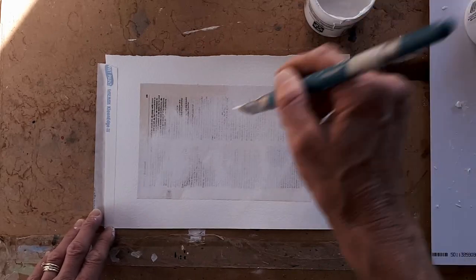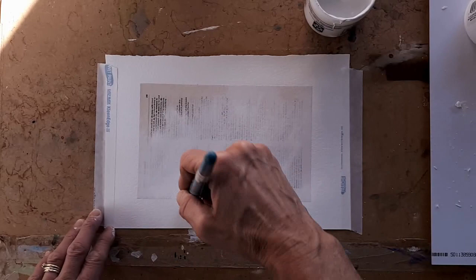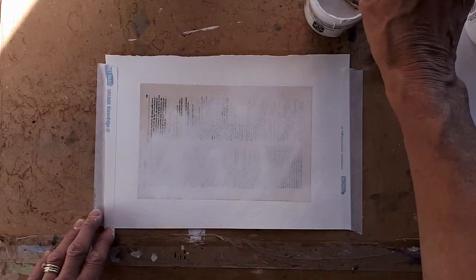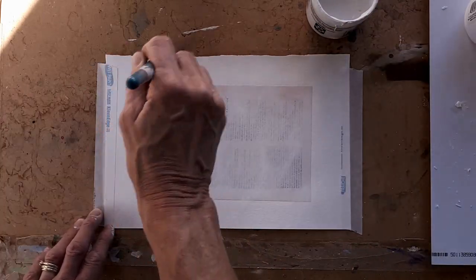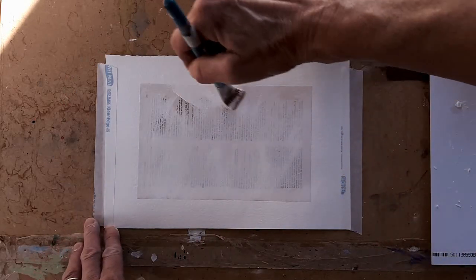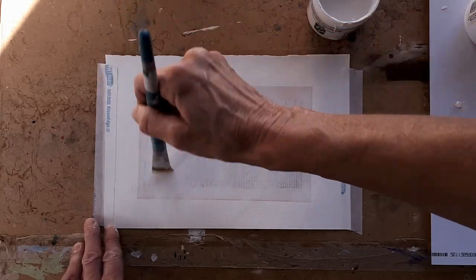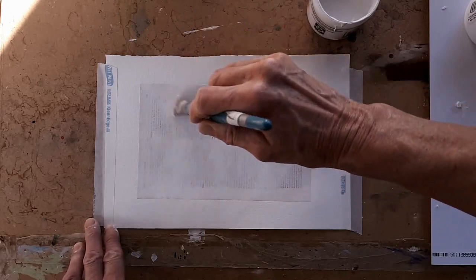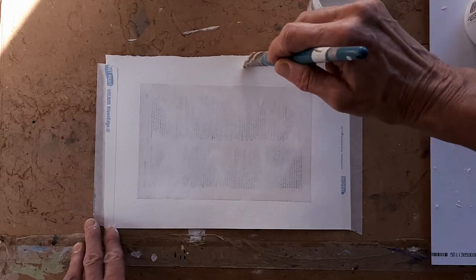So it takes a bit of patience to do these, because it's had 3 sessions. Started off by sticking on the dictionary page, leaving that to dry, coming back the next day and putting the first layer of the transparent watercolour ground onto the sheet and onto the paper, and left that for a day to dry. Now I've come back and I'm putting another layer over the top of it, and then I'll have to leave it for another day before I can overpaint it with watercolour washes. And just make sure I've got a little bit over all of it, but it's not a thick heavy layer, it's a very thin